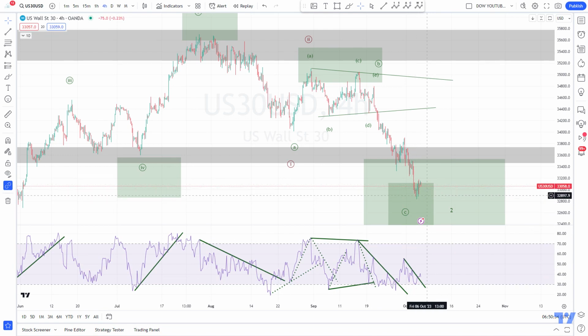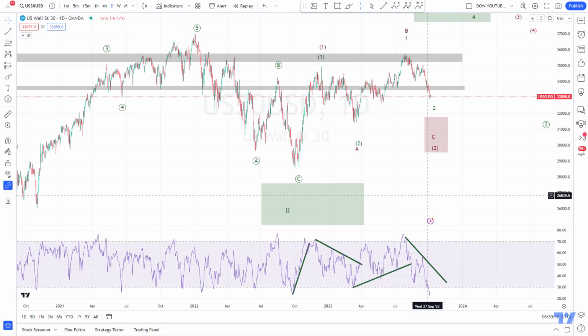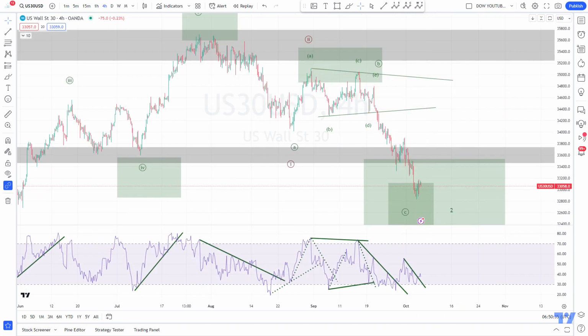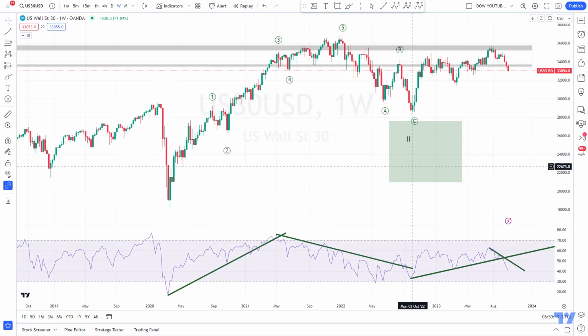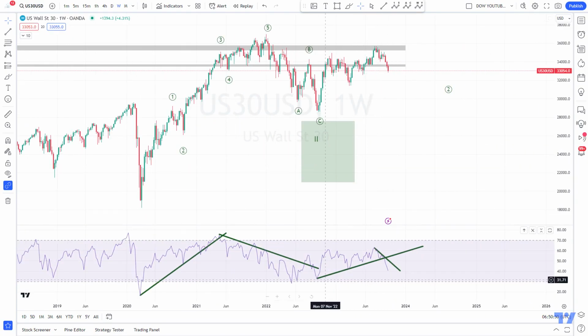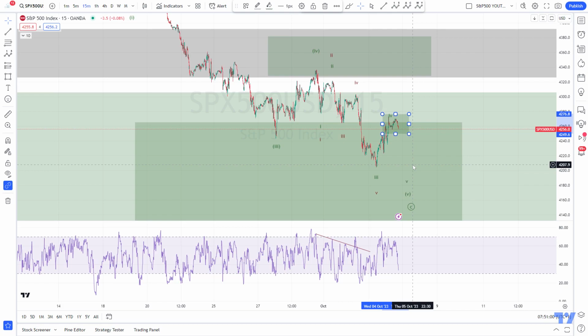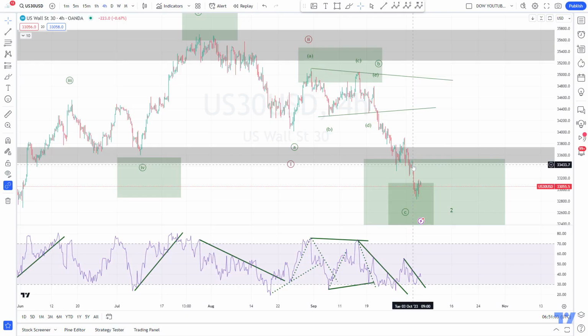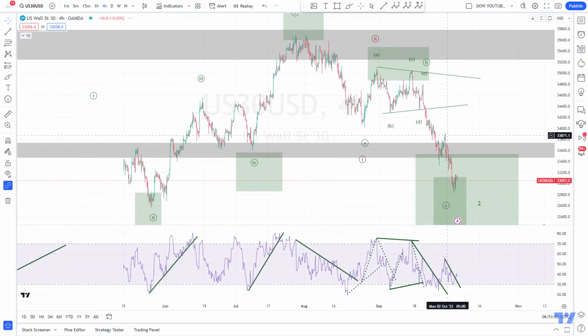At the same time, we cannot neglect that in the daily, we are clearly bearish here, being in this bearish downward cycle, and also in the weekly the trend line here broke. So this is also a bearish sign. So if we would not start to reverse from here,